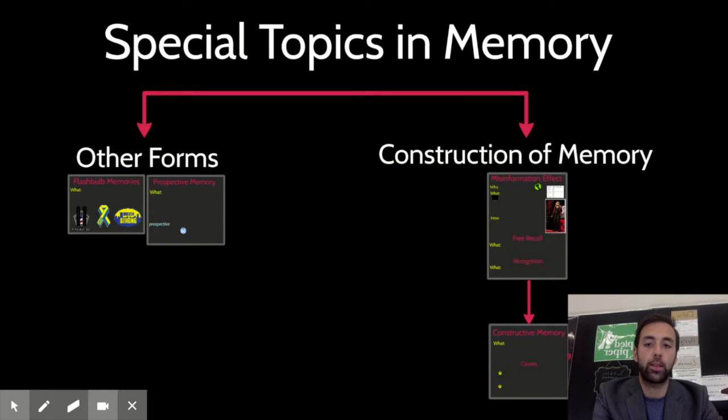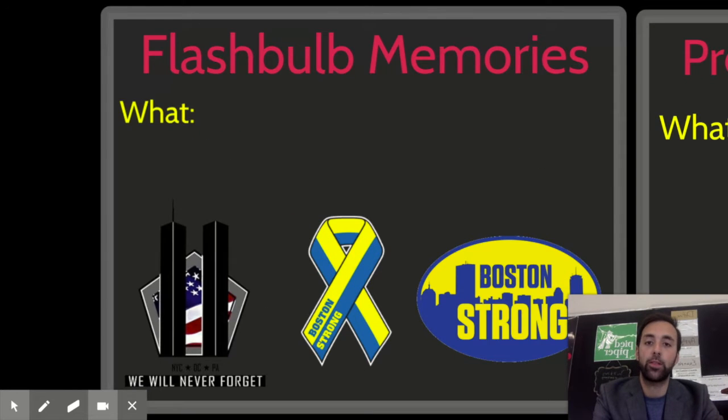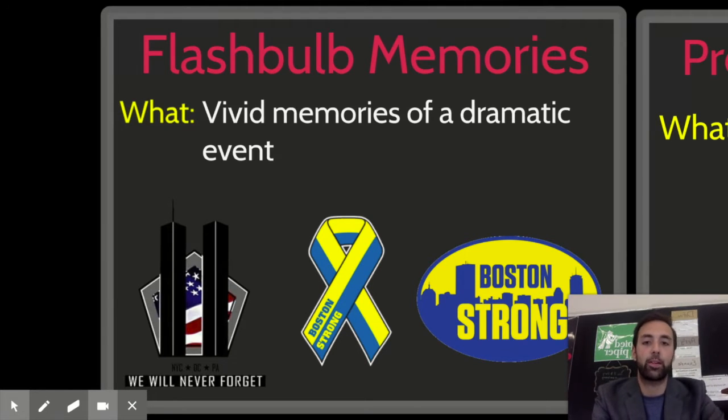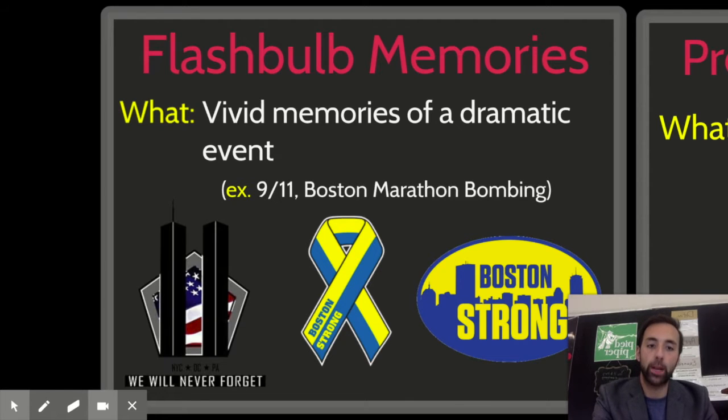We're going to start our concept map all the way on the left and identify 2 types of memory that do not fit in any of the categories that we've established so far, at least not perfectly. And the very first is what we call flashbulb memories. Flashbulb memories are technically episodic memories, but they're episodic memories for incredibly dramatic events.